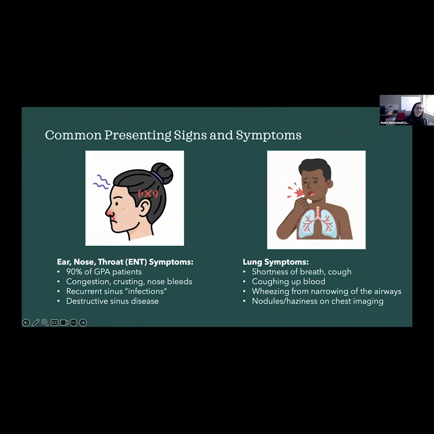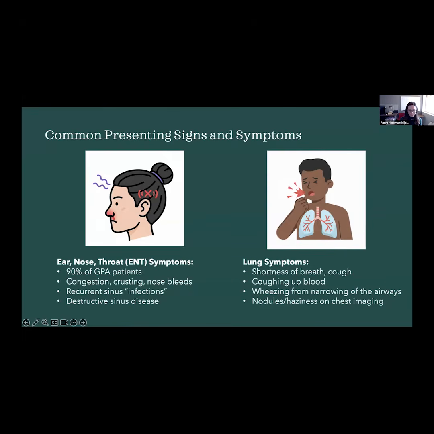Sometimes when they finally end up in my clinic, they've already had significant sinus destruction, and that can manifest as a number of different things. So nasal septal perforation, which is like a hole in the septum, can occur. Sometimes you'll see external deformities of the nose as the inflammation can cause collapse of the nasal bridge. Other things, and one that's highlighted here, is that sometimes the inflammation can extend through the sinuses and also cause hearing loss. So some patients will initially present with hearing loss as one of their earliest symptoms. But ENT symptoms, as we're going to talk about throughout, are incredibly common in patients with GPA and really important that we treat appropriately.